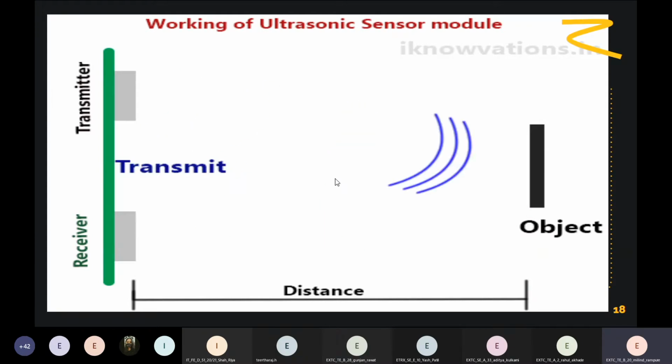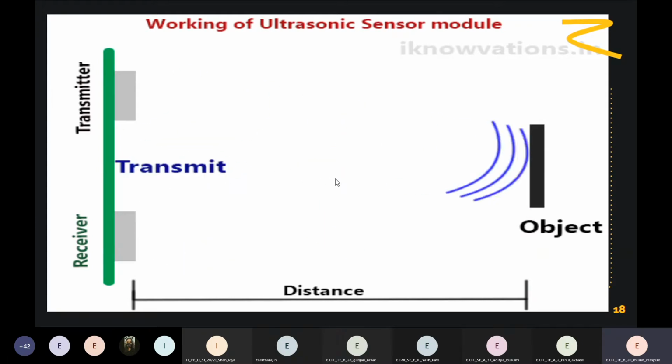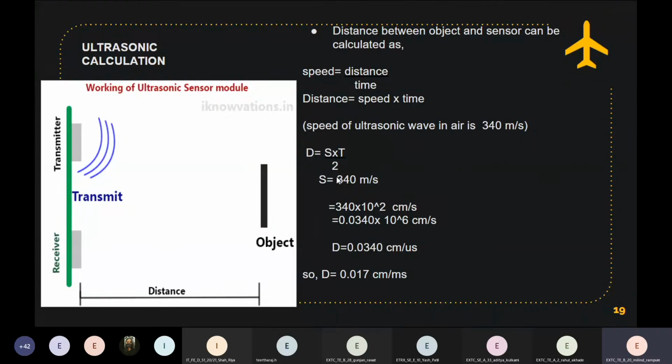The distance between the object and the sensor is calculated by a simple formula: speed is equal to distance by time. So here we calculate the distance. The speed of the ultrasonic wave in air is 340 meters per second. The distance is equal to speed into time, and the time is given by the sensor itself, as the output of the sensor.